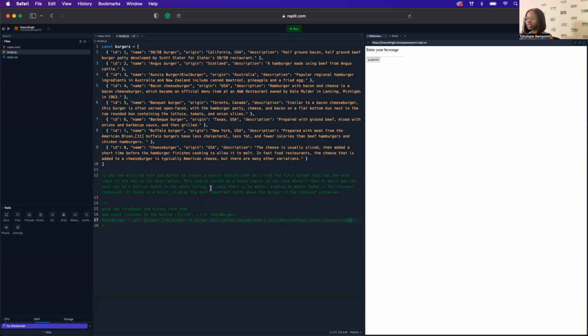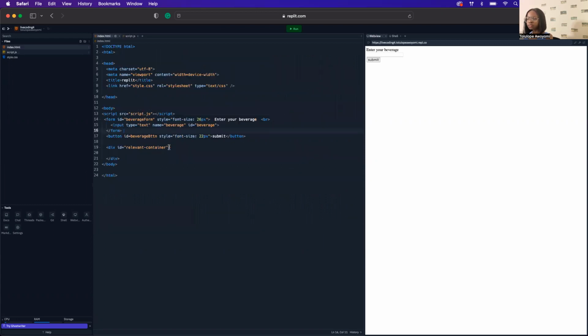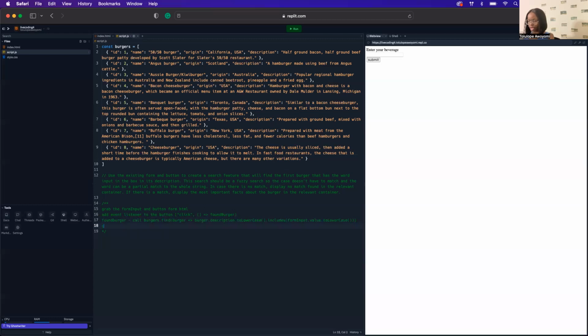Okay, so in case there is no match, display no match found in the relevant container. And if there is a match, display the most important facts about the burger in the relevant container. Okay, so I'll grab the relevant container. Where is it? This. So grab the relevant container from HTML